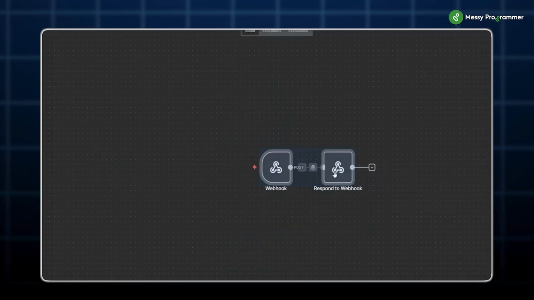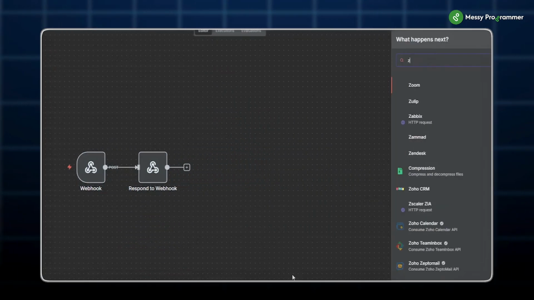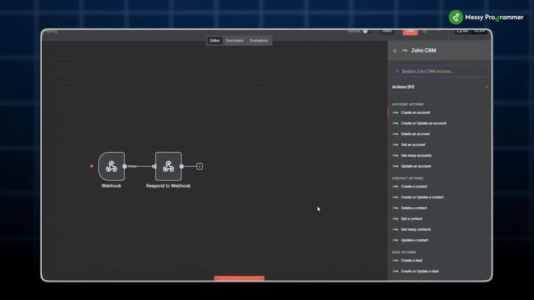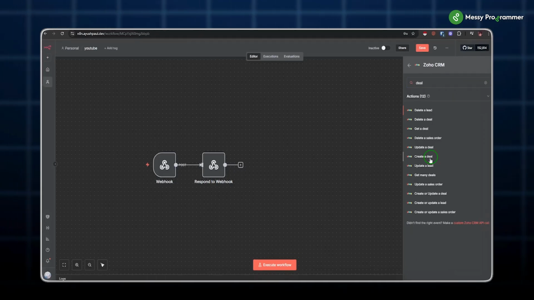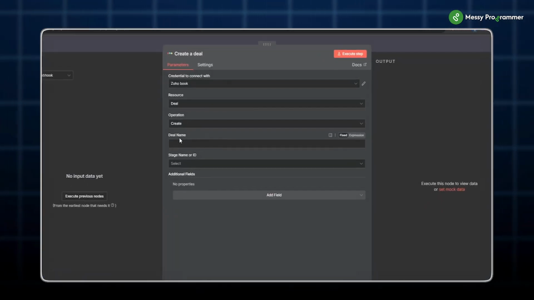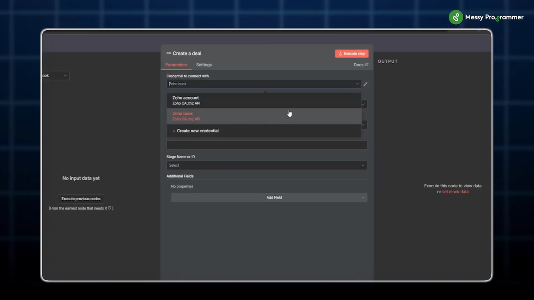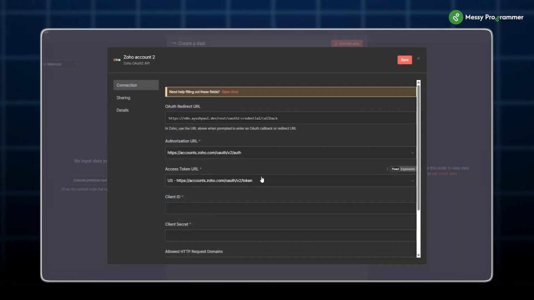Let's start with Zoho CRM. Search for Zoho CRM in n8n. You'll get to see CRM is there. n8n has a pre-built node for it. Now you need to connect your Zoho CRM account with n8n. Go to